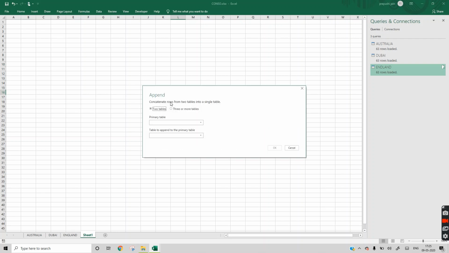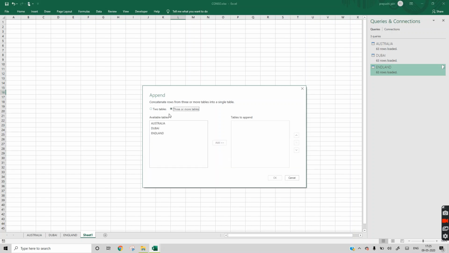Now it is asking to concatenate rows from two or more tables into a single table. So we will select 3 or more tables. We want to add Dubai also, press add, England, and select add.